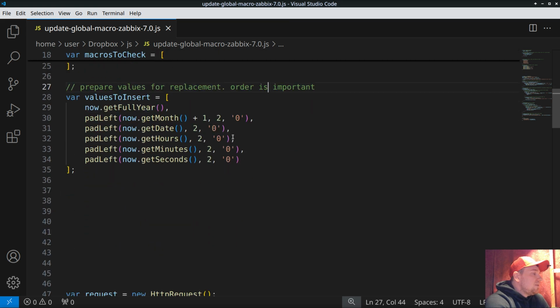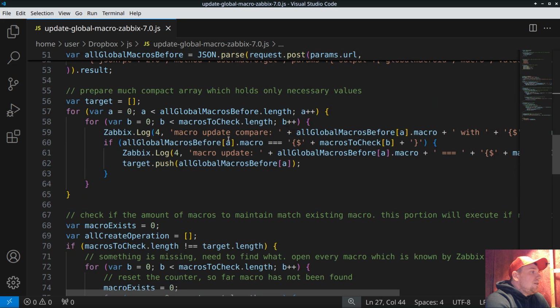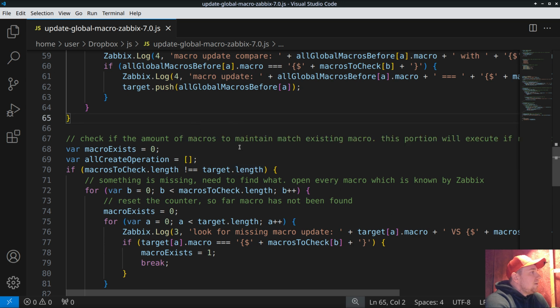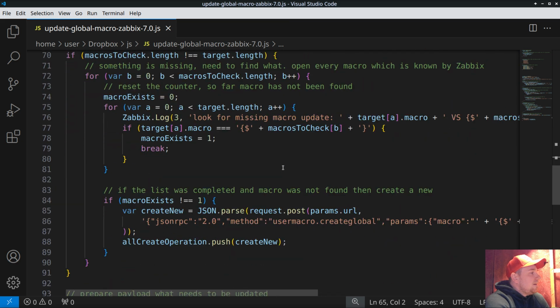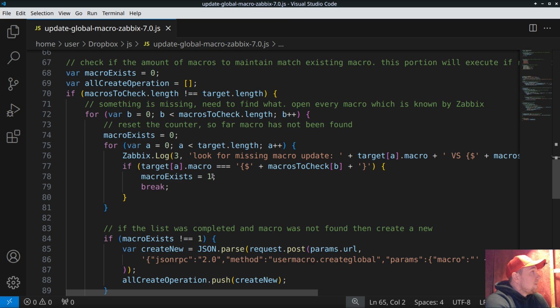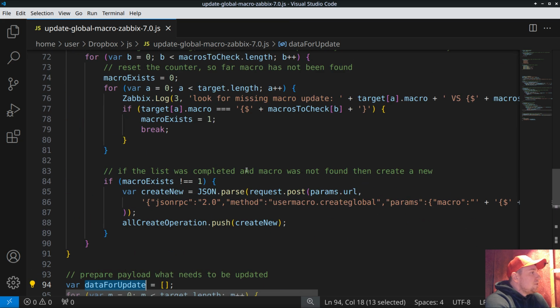I should talk about the rest of the script. What's good about this method is it's not creating the macros one by one. There is a portion where we analyze what is missing. If it's missing, we need to create one API call for every missing macro. So it's almost like the first time you import the template, we run the sequence, it will create one call